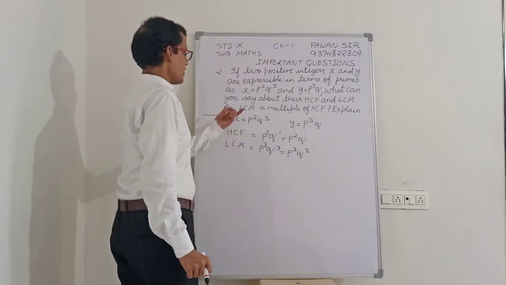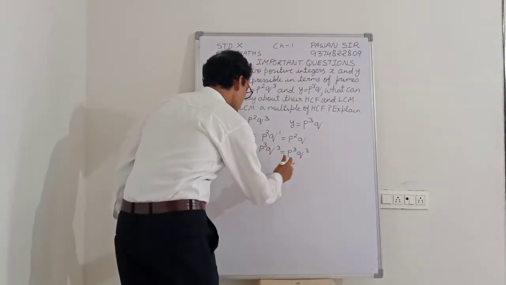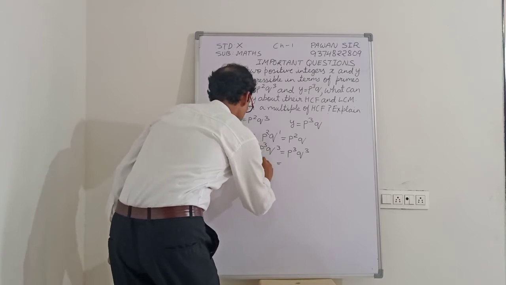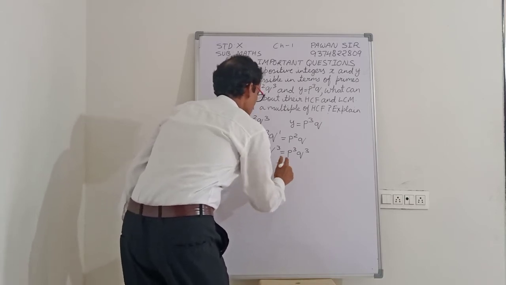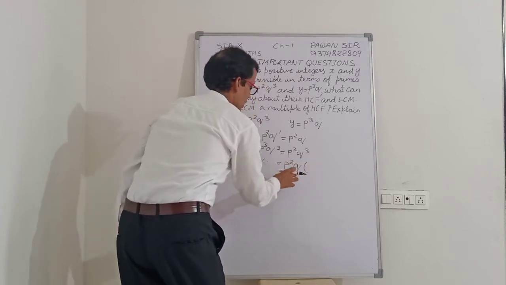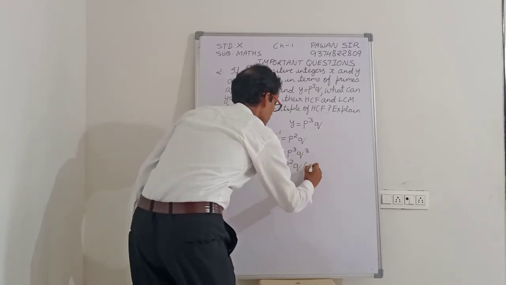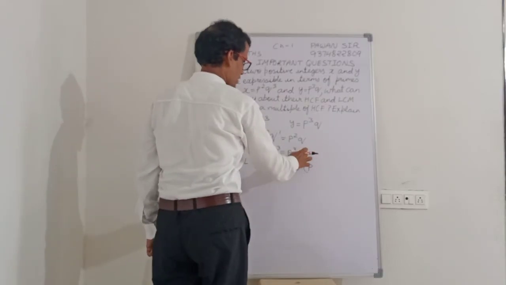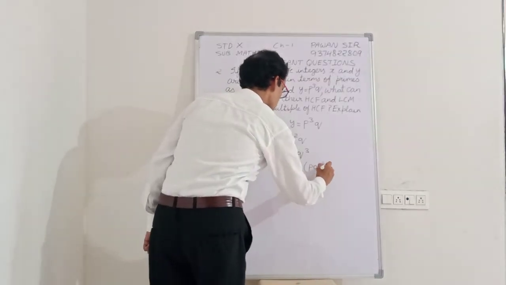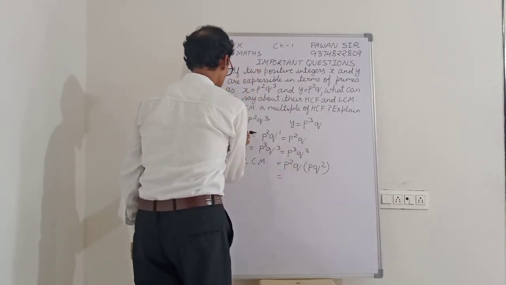Now we have to check whether LCM is a multiple of HCF or not. So now split this. See, we write this equal to first p square q. So what is remaining? p square we have written, the power is 3, so here it will come 1 power. Now here it is q cube, we have written already 1 power, so q square. And what is p square q? p square q is your HCF.